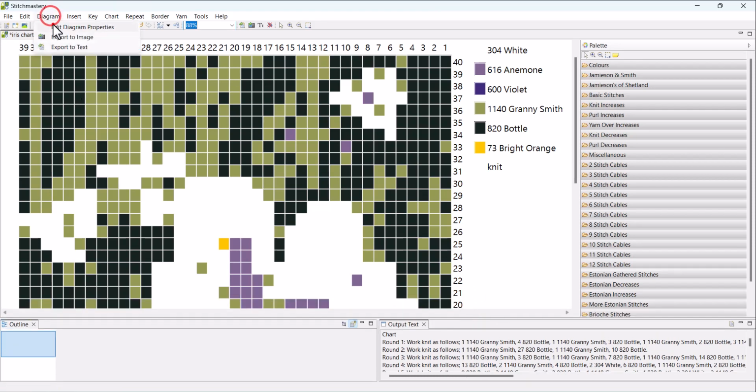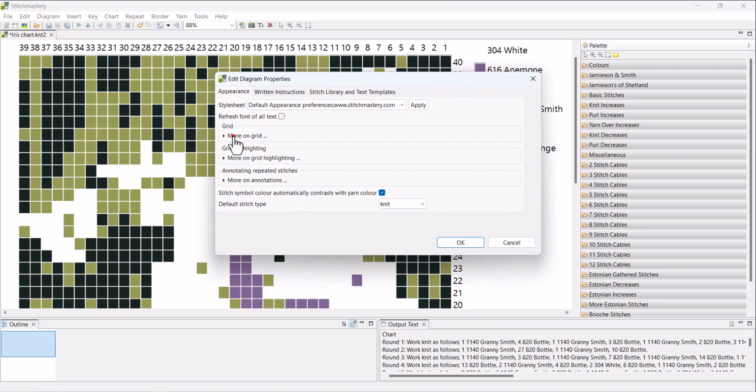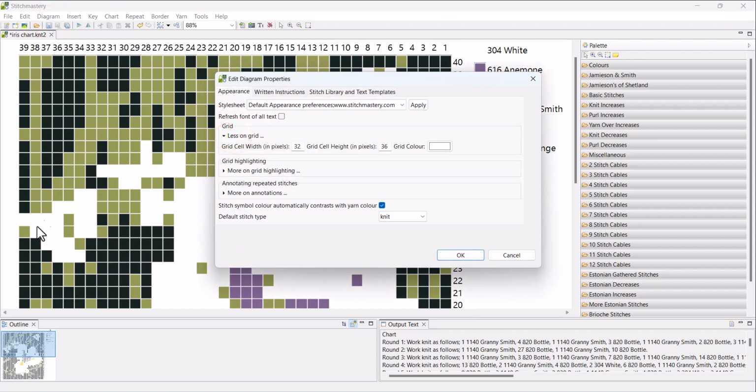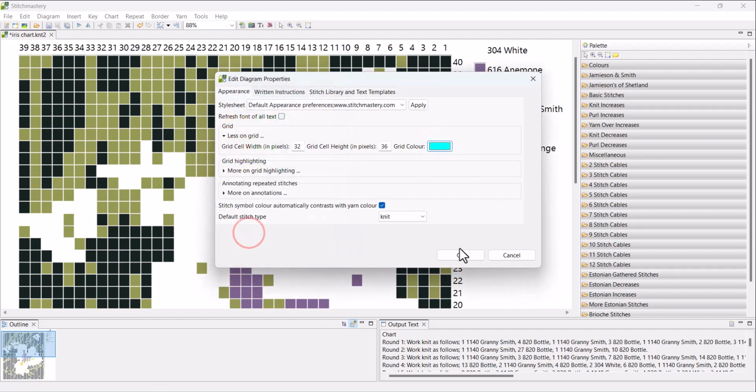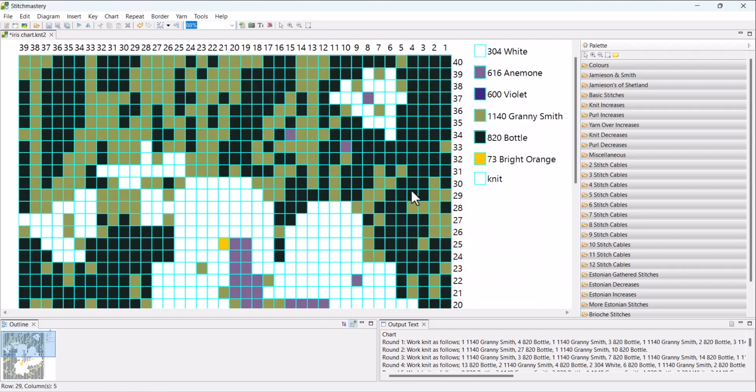Again, we can change the grid colour back if we are not happy with the white. It's not very good with all these white stitches, so we could make the grid colour something completely different so that it stands out. So this is again edit diagram properties, on the appearance under the grid section, and choose a colour that you prefer.